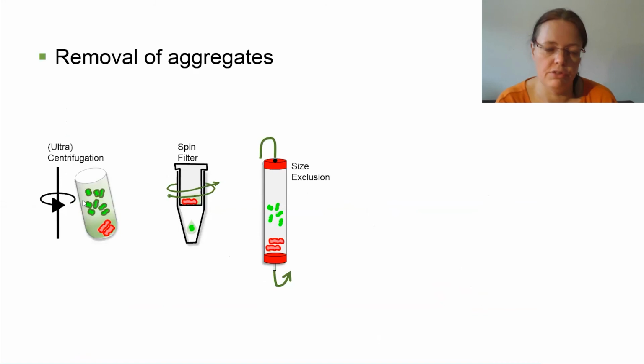So you could try centrifugation and hope that the aggregates that formed will precipitate, if you have a long enough centrifugation step, and then measure the supernatant with your protein. You can take a spin filter. Here we normally also have the 0.2 micron spin filters available at the beamline, where you just do a 1 minute centrifugation step and your pure sample gets filtered through, and the aggregates hopefully remain at the top of the filter. And then of course, this would be an ideal case to do SEC-SAXS and do a size exclusion step right before your SAXS measurement to remove the aggregates from the whole sample.